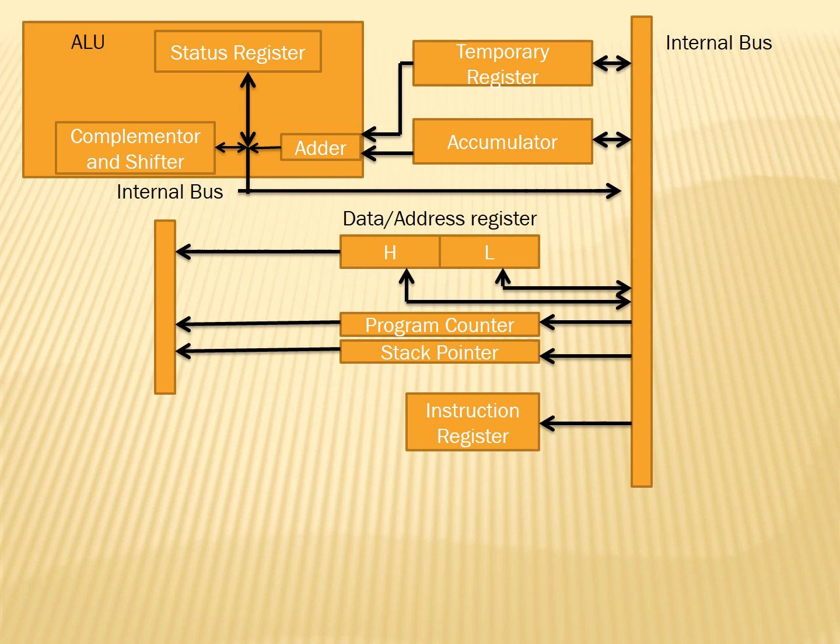Next, let us discuss the next unit, that is the instruction decoder. This also we have discussed, students. Once the instruction register converts the opcode into the instruction, it is given to the instruction decoder. So you can see the output of the instruction register is given to the instruction decoder.